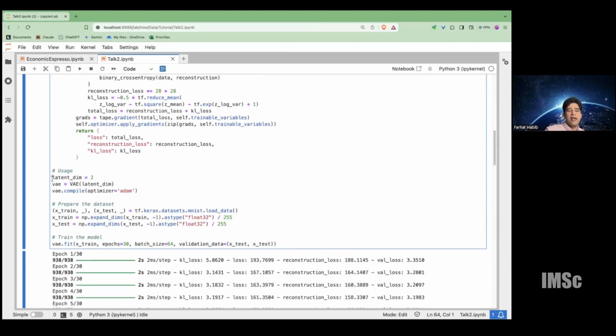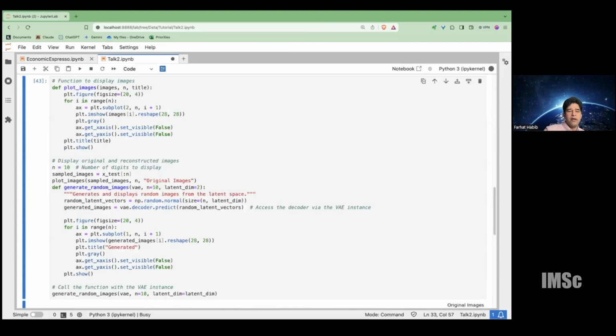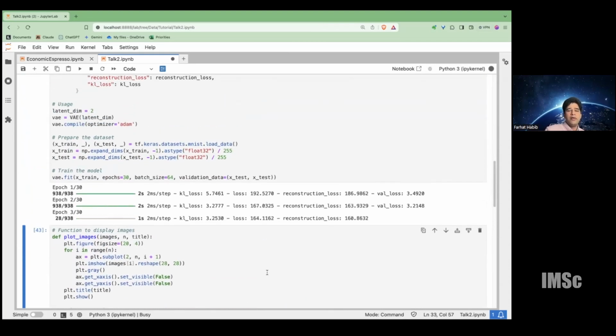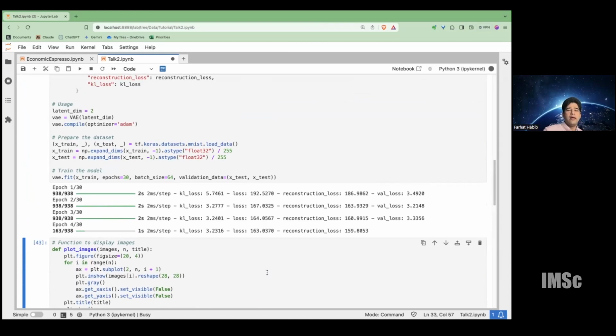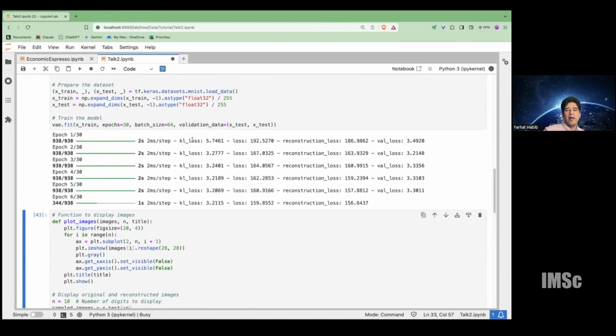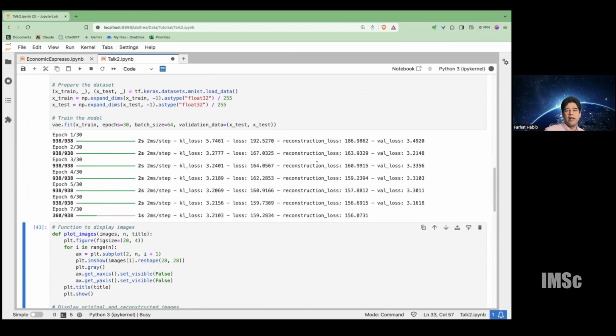So let's see how far we can get with a latent dimension of just 2, for all the digits that we encounter. I will start training my neural network. Hopefully it'll work well. I'm training it for 30 epochs, and we can see that it starts with a certain Kullback-Leibler loss, as well as the mean squared error.